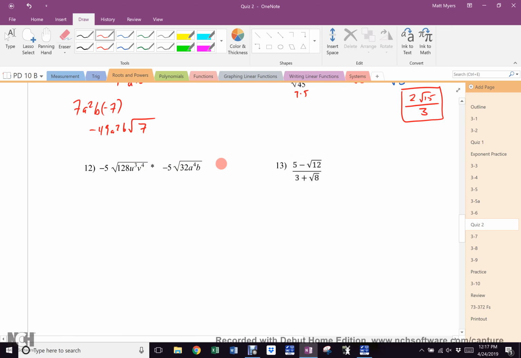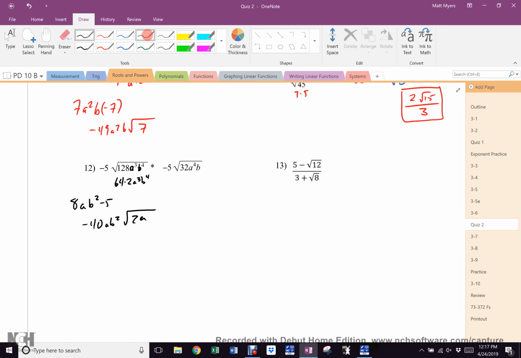Number 12, I said to make it all A and B. So that's an A. And just like in Spanish, a V is a B. So we'll make it B. So, what should you do first? Simplify. 64 times 2, A3, B4. Square root of 64 is 8. I can get out 1 A, I can get out 2 B's, and there was already a negative 5 out there. For negative 40 A B squared. Root, what did I leave under there?